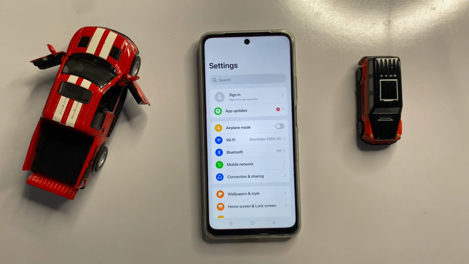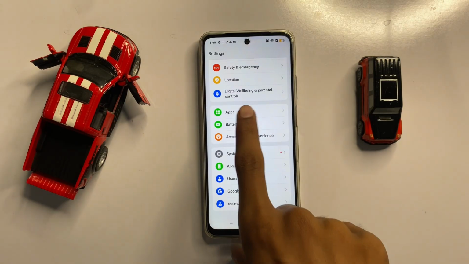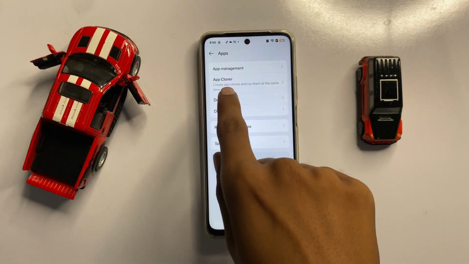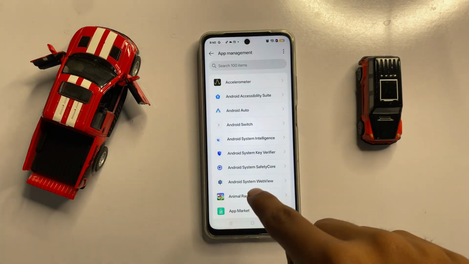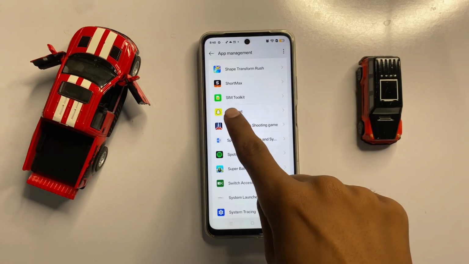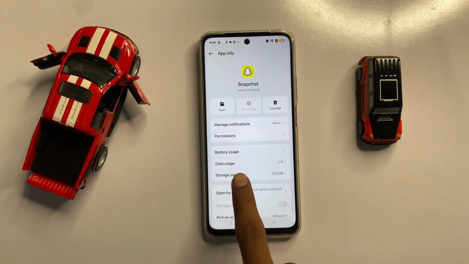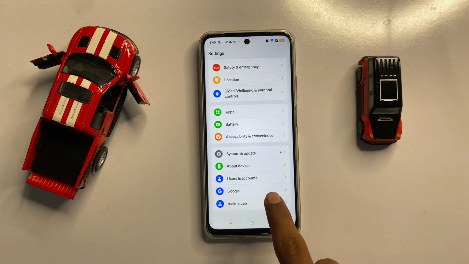open settings. In settings, scroll down and click on apps and then click on app management. Now scroll down and click on Snapchat and then click on storage usage. Now here you can clear the cache memory of your Snapchat. After you clear the cache memory of Snapchat, then go back to the main page of your settings and click on